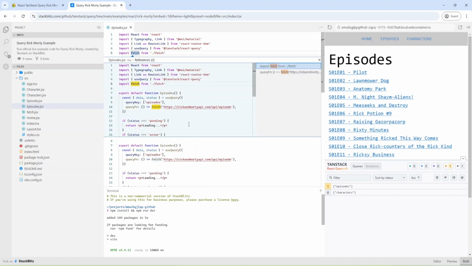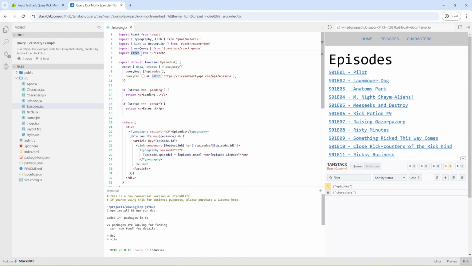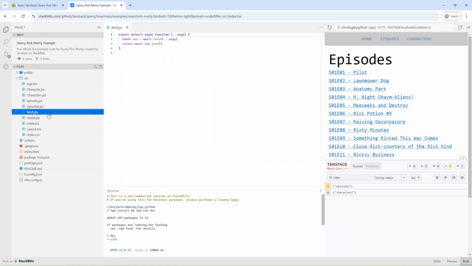Let's open and check what the function is, and it's inside fetch. As you can see, we have just await fetch and then await JSON data from the request.